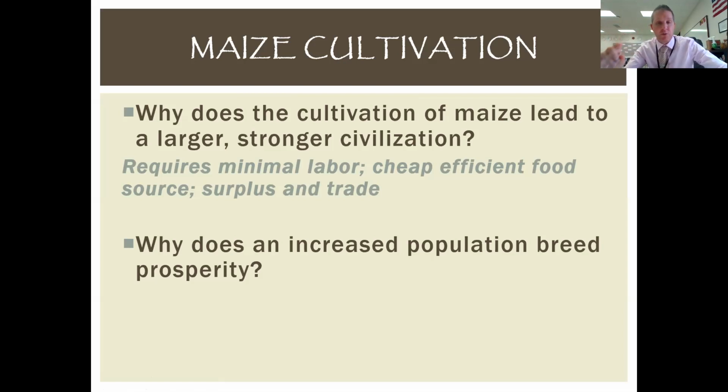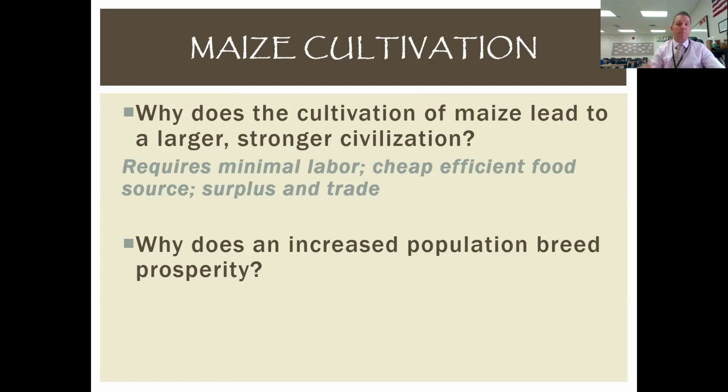This is huge for a couple of reasons. Number one, you can make more food, right? If it only requires a few people to harvest a large amount, then the surplus is going to be significant. More food means probably a larger and stronger civilization. But further than that, a smaller labor force also implies that people can specialize in other things. Not everyone in the society is required to labor to feed the people, right? And we'll get to that in just a minute as to why that is significant.